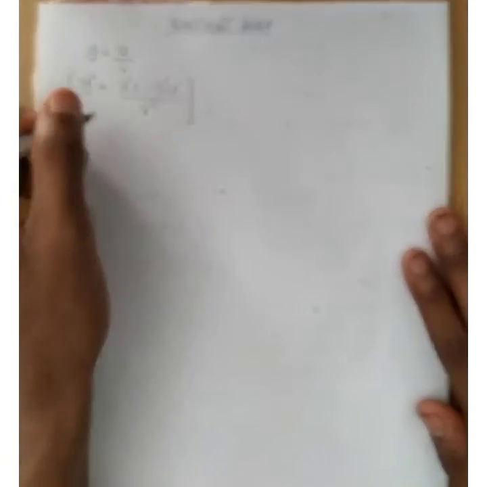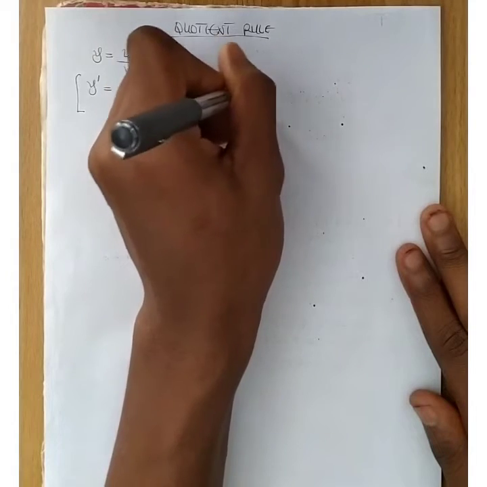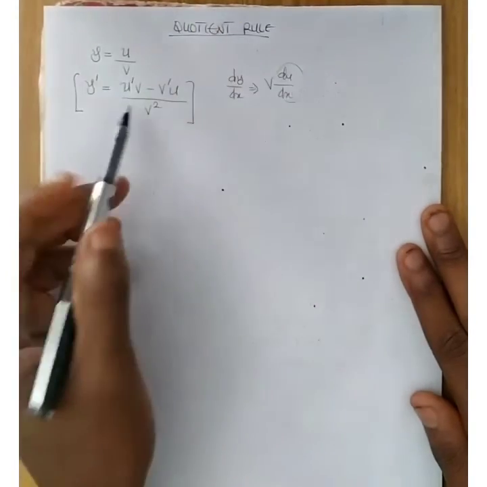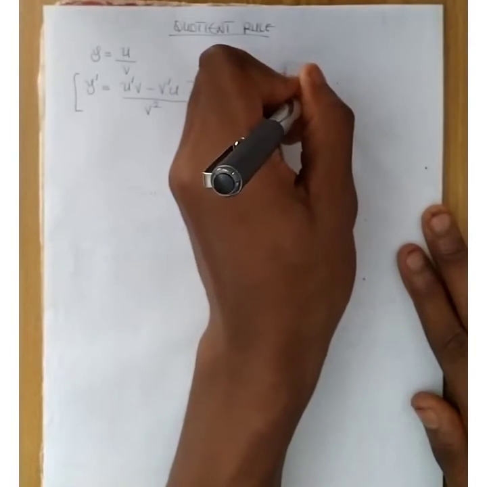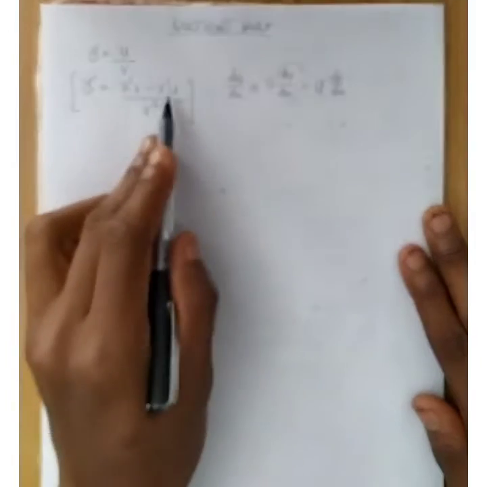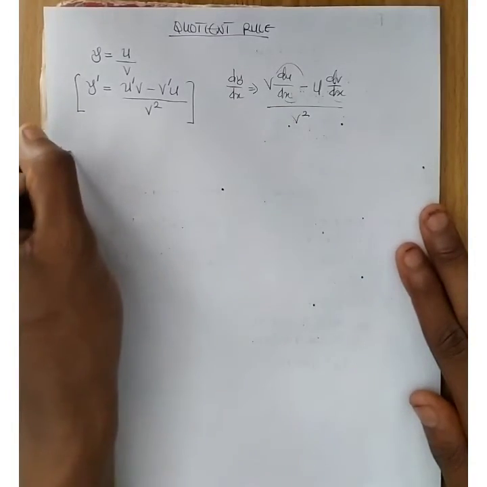Or if you don't want to write it like this, you could say what? That dy over dx is going to be v du over dx, this du over dx is the derivative of u, minus u dv over dx, this dv over dx is the same thing as v prime, over v squared. So now we're going to be using it to